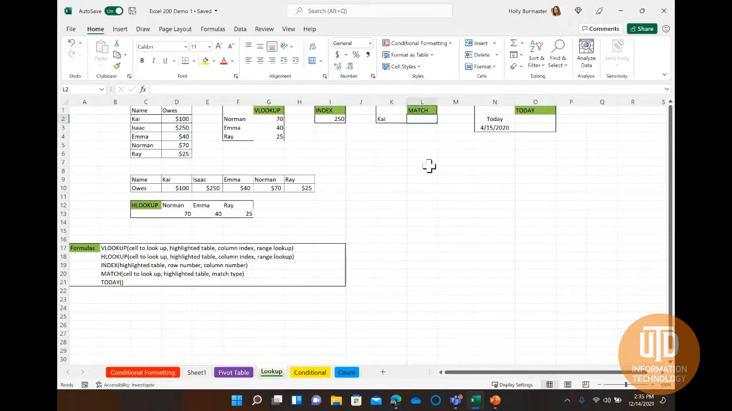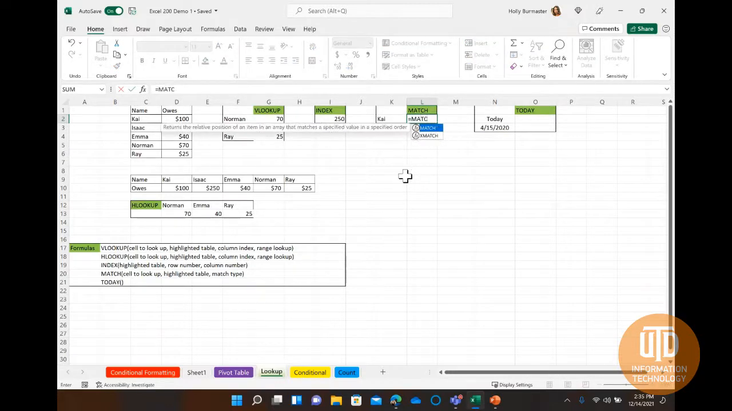Next is match. Match is almost the opposite of index. So instead of me knowing which column and row something is in, I know what I'm looking for, and I want Excel to tell me where it is. So we'll type in equals match, opening parenthesis. Our lookup value is Kai,